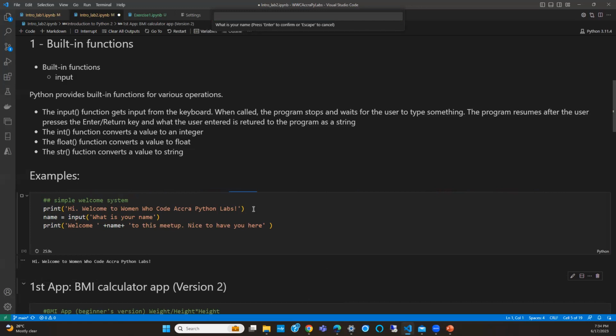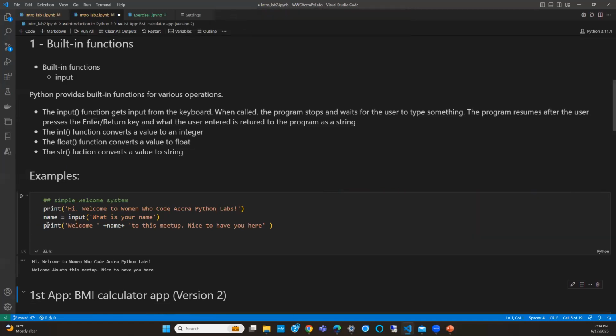So our first line has executed. Second line, waiting for an input, right? So now we move on to the third line. It executes and says, okay, and I made a rookie mistake here. Concatenation in Python strings does not automatically add the space for you, so you have to add it. So you see my Akua and the two are joined together, right? And that doesn't look good.